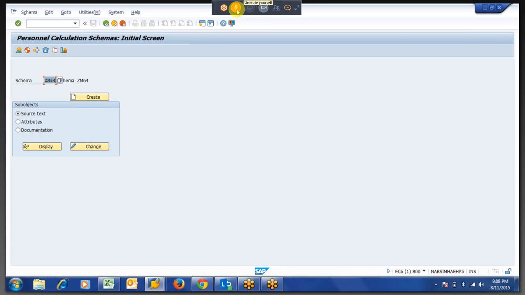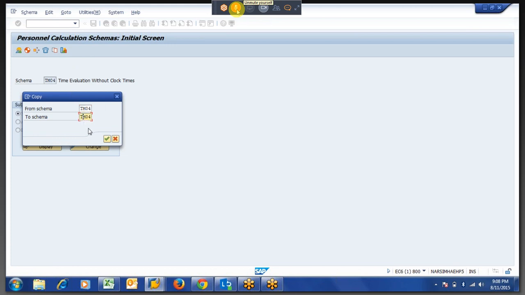If you change, let us say if you are using the standard schema which was given by SAP, that is TM04, TM00 or PQTA, whatever the program, whenever SAP was upgraded, means if you updated your patch level or something like that, all these schemas will be updated, and whatever logic you have written inside the standard schemas will be erased. That is why SAP is telling, if you want, you have to copy the standard one which was given by SAP, and you have to put your